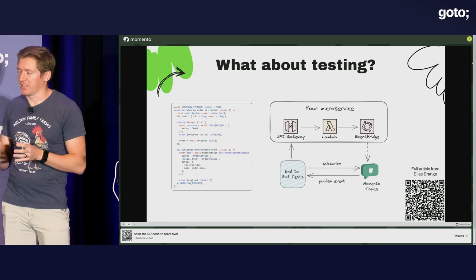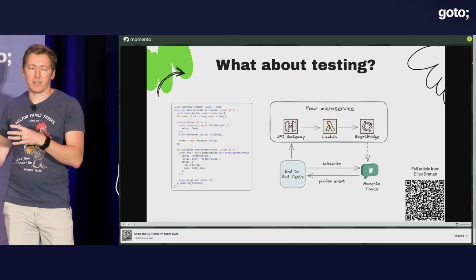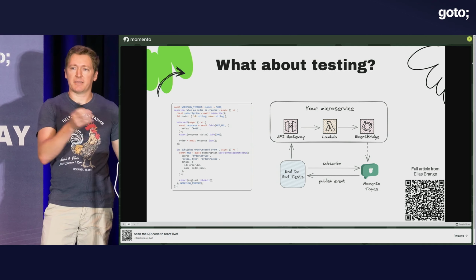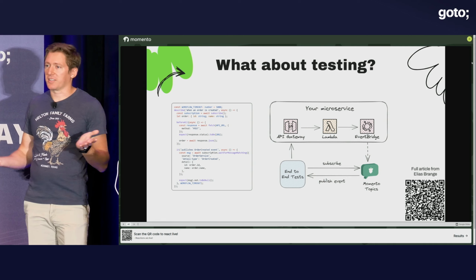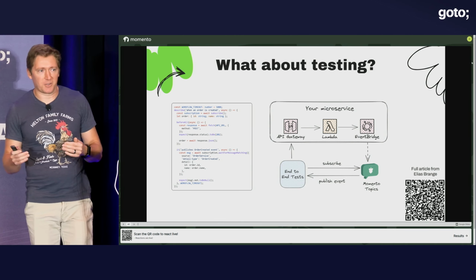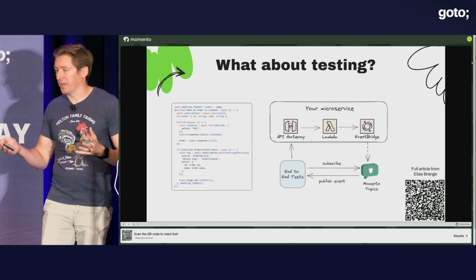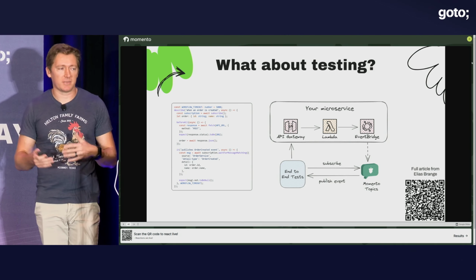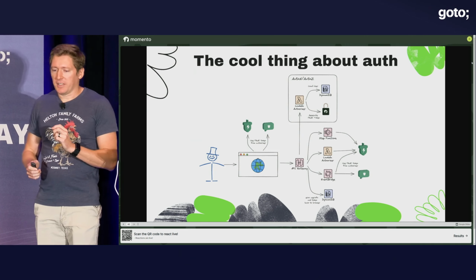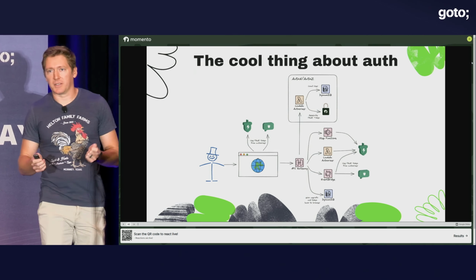You can kind of see the code over there. He's waiting for a message to come in that matches the format that he expects. And if it doesn't come in the time that it takes for the test to time out, he knows something went wrong. So it's a really cool way to synchronously test asynchronous workflows in a meaningful way. Like, you don't have to manage the topics. You don't have to do any of that. It's all ephemeral and dynamic. So I wanted to point this one out because this is one of the cooler things that I think you can build with